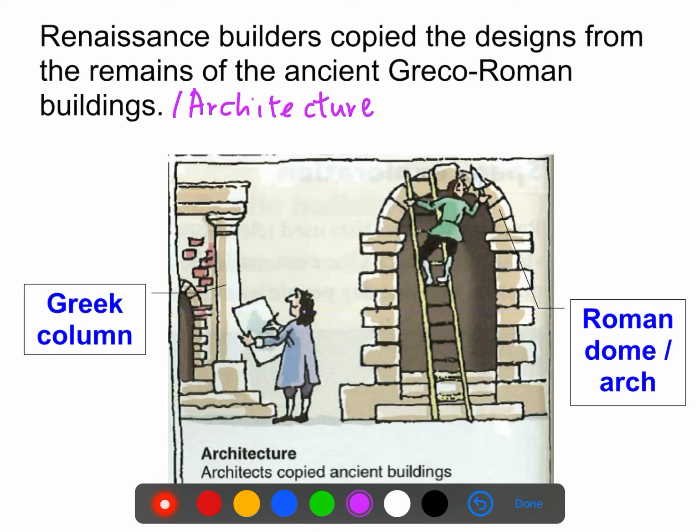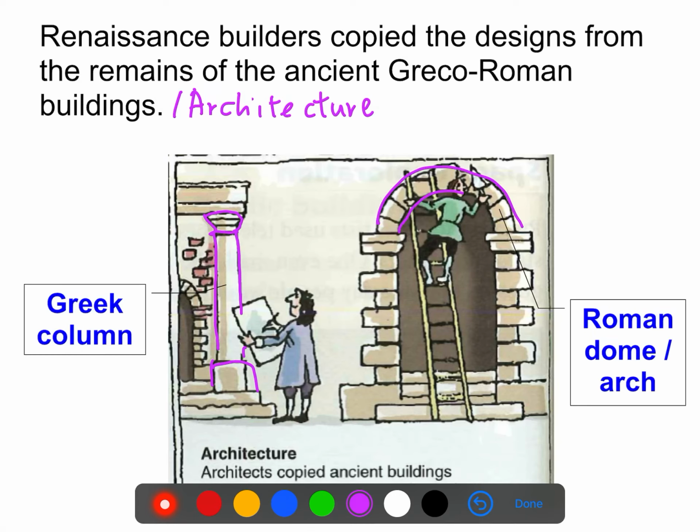So in the Renaissance, the builders copied the designs from the remains of the ancient Greco-Roman buildings. So they start to use the columns. So this is what we call the columns. Column, 羅馬柱希臘柱, OK, 希臘嘅柱, and they will copy from the Roman dome, OK, 羅馬嘅拱門, OK, 嘅拱, OK, this is the